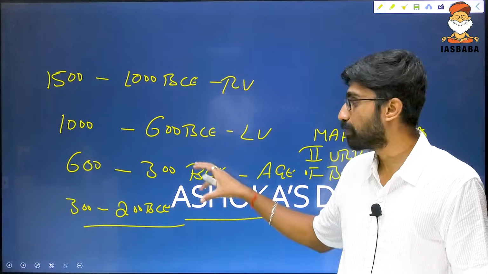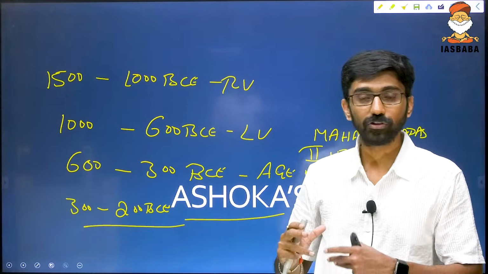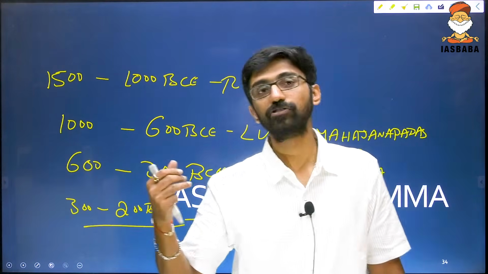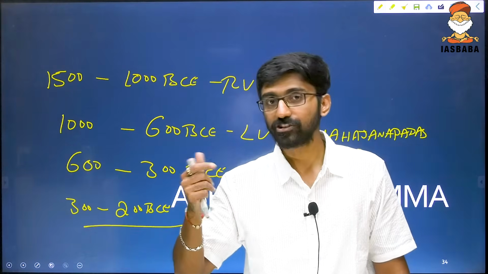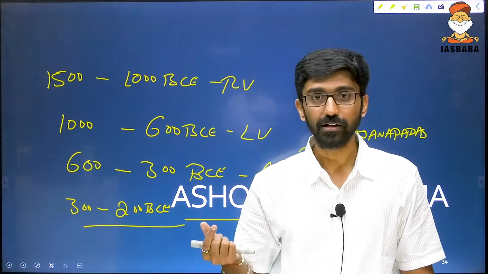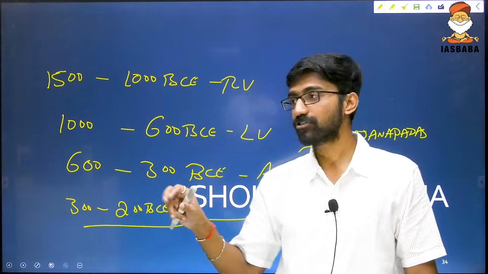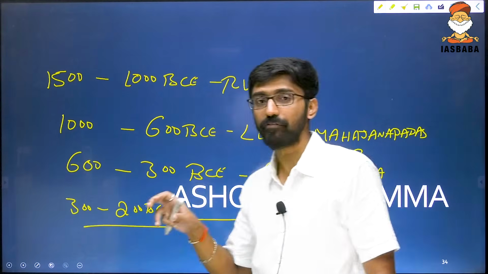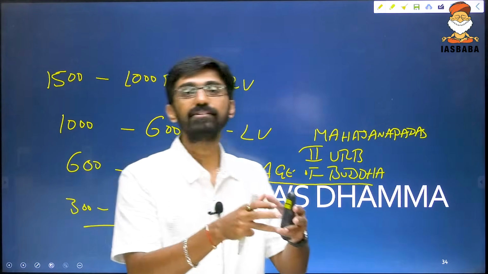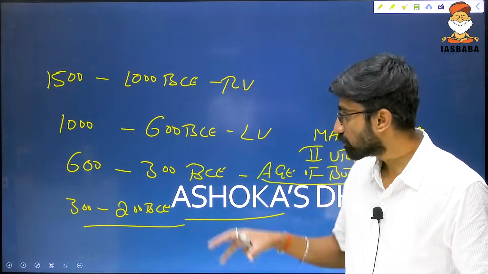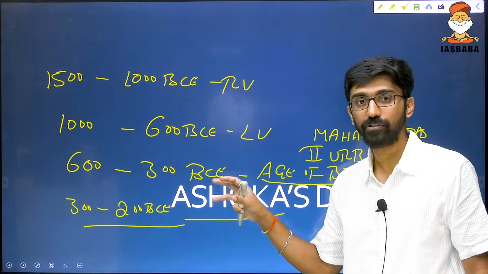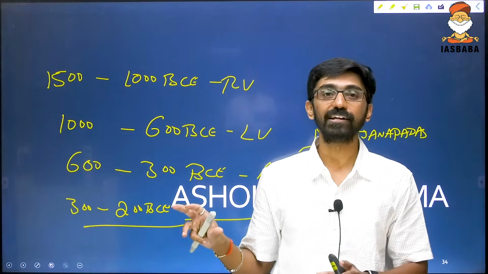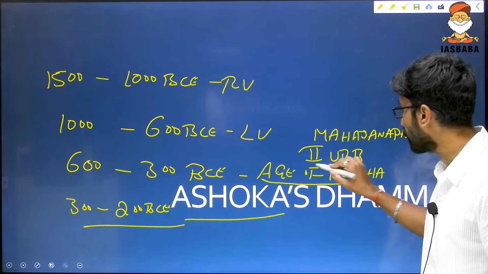Now, what was happening in this time period, especially in Indian history? Society was organizing into a hierarchy of Brahmana, Kshatriya, Vaishya and Shudra. At the same time, there was a reaction against that aspect of society, particularly due to its discriminatory nature, and that reaction took the form of ideologies such as Buddhism, the ideology of Buddha, Mahavira, Ajivikas, Charvakas. They challenged the existing orthodox system. Because of these things, between 600 BC to 300 BC, which directly challenged the supremacy of a few sections, diversity in the society was increasing.